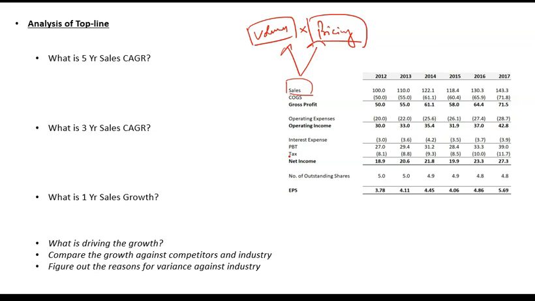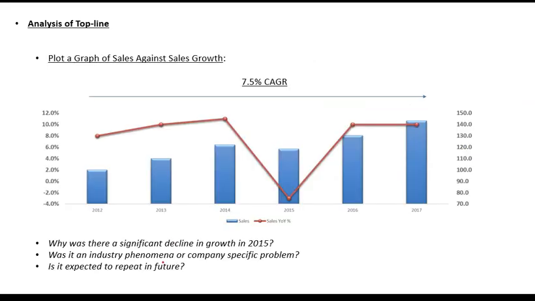Moving further into the sales, or deeper diving into the sales, next thing that you need to do is to look at the year over year sales trend, that what has actually changed in any given year. So far हमने 5 year देख लिया था, 3 year देख लिया था, 1 year देख लिया था, and we knew कि something has gone wrong over the past 3 years, but we did not know कि ये एक specific year का phenomena है या फिर ये overall growth slow down हो गई है.